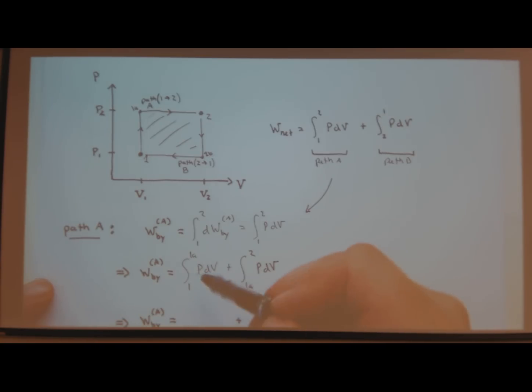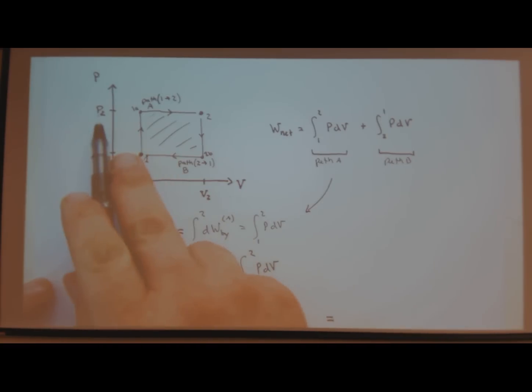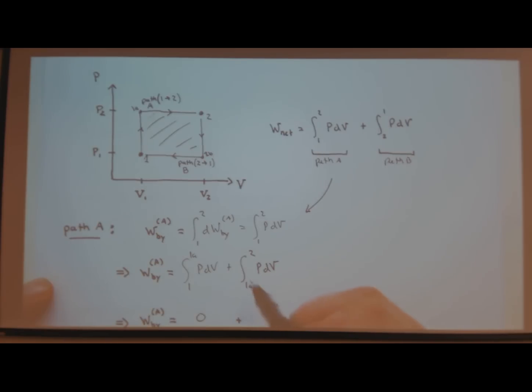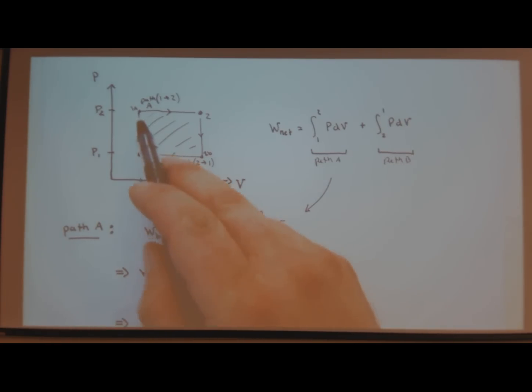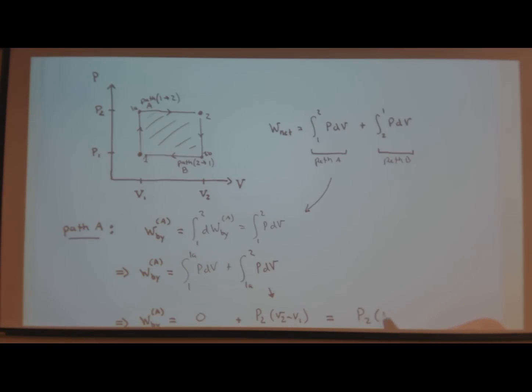And this term here from 1 to 1a is 0. And then this one here, pressure is constant, it stays at P2. So this whole integral just ends up being P2, and then V2 is greater than V1, so I have V2 minus V1. So work from going here to there is equal to P2, V2,